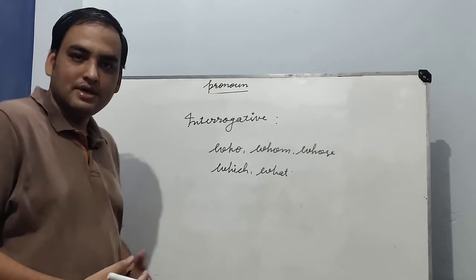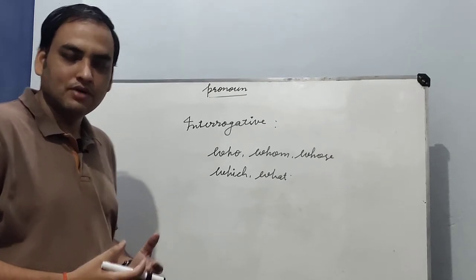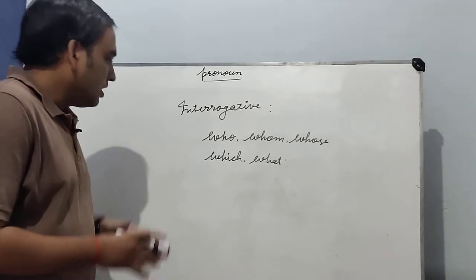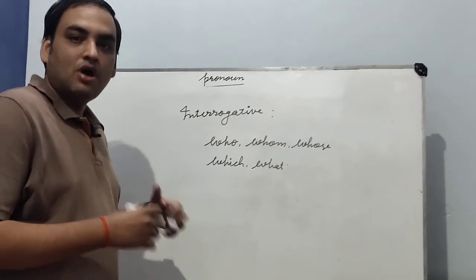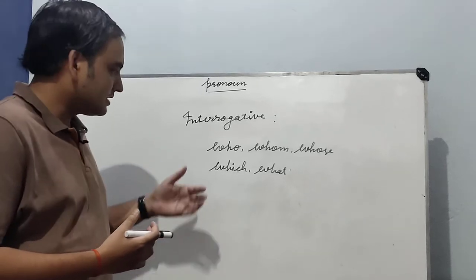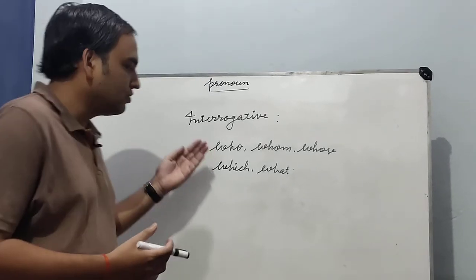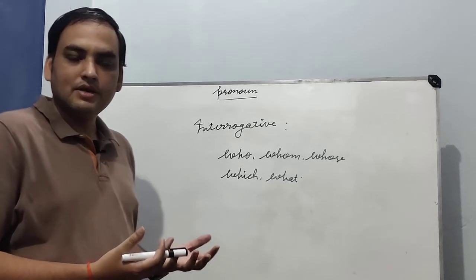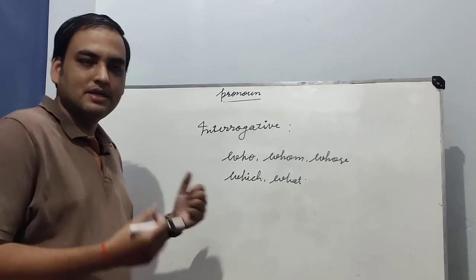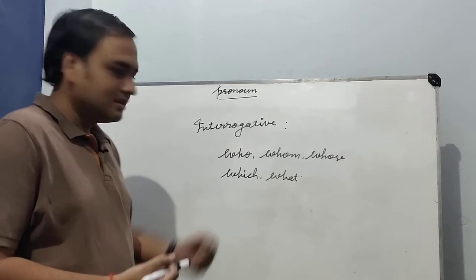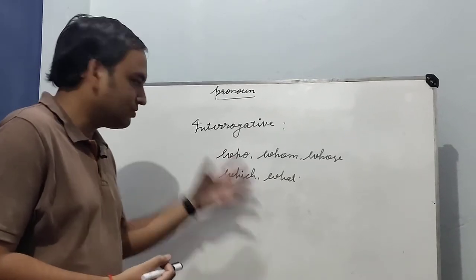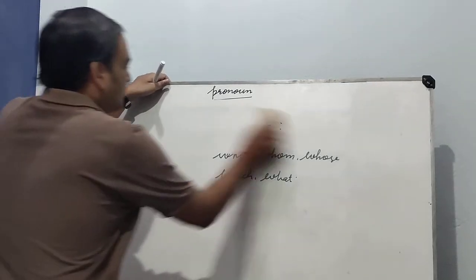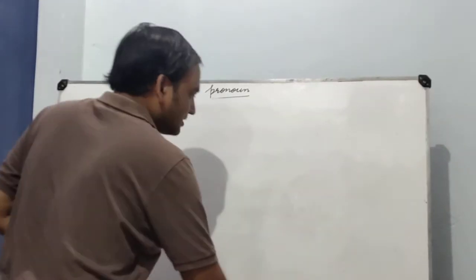Suppose, who is your friend? Okay, I am asking the question, who is your friend? Which is your notebook? So these are the sentences in which we are using who, which. Okay, next is, what is your name? So these are the sentences in which we are asking questions. That's why we call these words interrogative pronouns. Yes, next one is, and this is the last case,